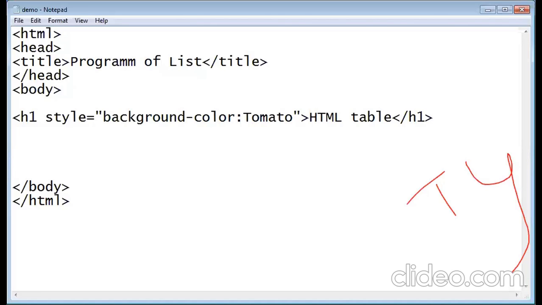Then the second attribute is id. Id is generally used for the CSS file, but tomorrow there will be your CSS lecture, so you will know what id is. It is the CSS part. If you want to define some properties using CSS, then we have to use the id, the identity of that particular label.